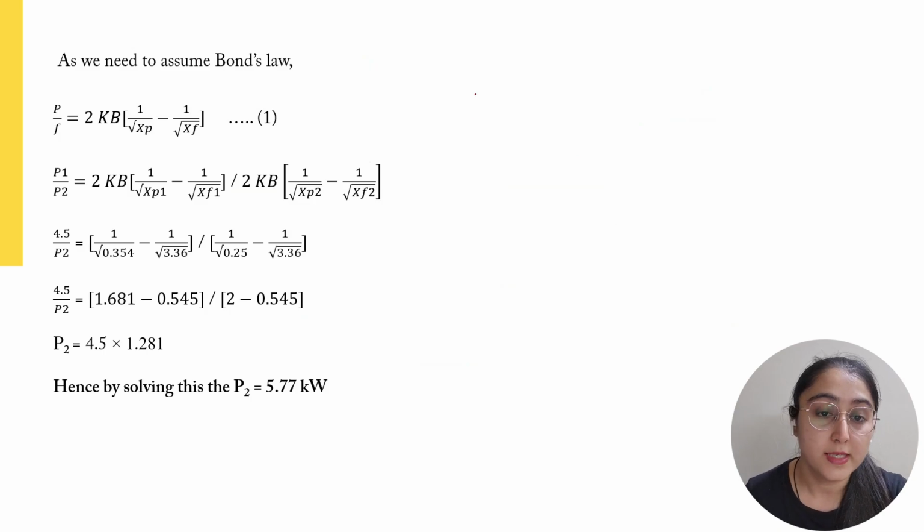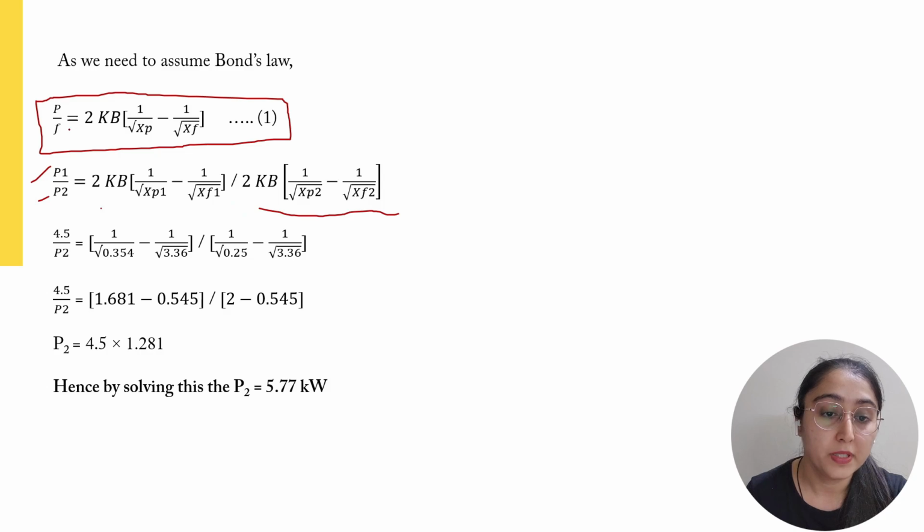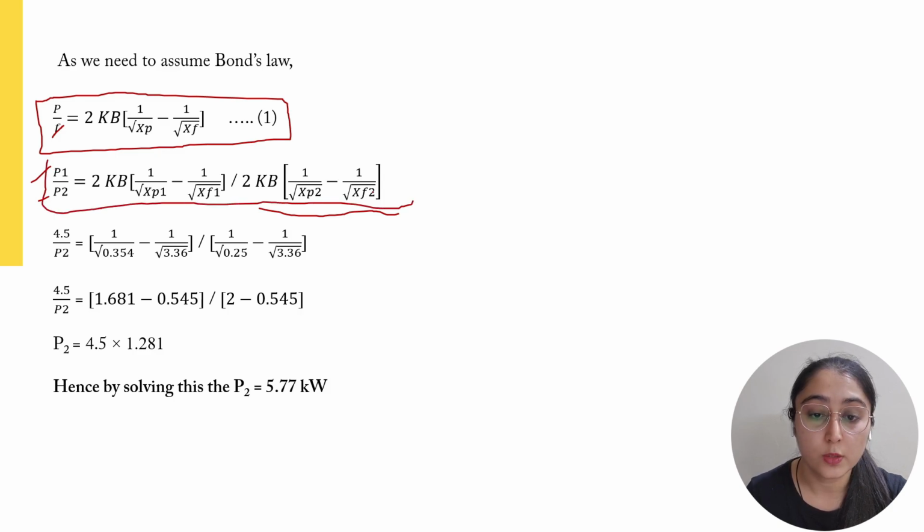So now, seeing Bond's law, we have this formula. Since we have two different particle sizes, we put into ratio P1 is to P2, and as a result we divide the first values by the second one. So what will happen is, since F1 is equal to F2, these F values get cancelled and we are left with this equation. Now if you look at this equation, again 2b will be cancelled by 2b. So we will be left with these.